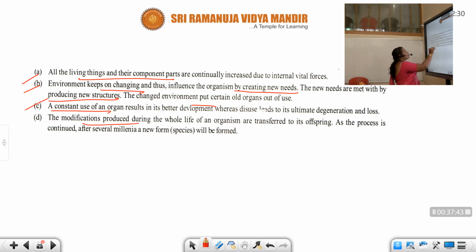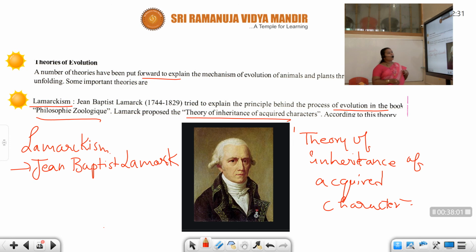The modifications produced during the whole life of an organism are transferred to its offspring. As the process is continued, after several millennia, a new form will be formed. So these are the different things which we can see in the case of evolution. It is given by Mr. Lamarck. He gave the theory of inheritance of acquired characters in the book Philosophy Zoology. His full name is Jean Baptiste Lamarck, and he tried to explain the principles behind the process of evolution. Okay, next,